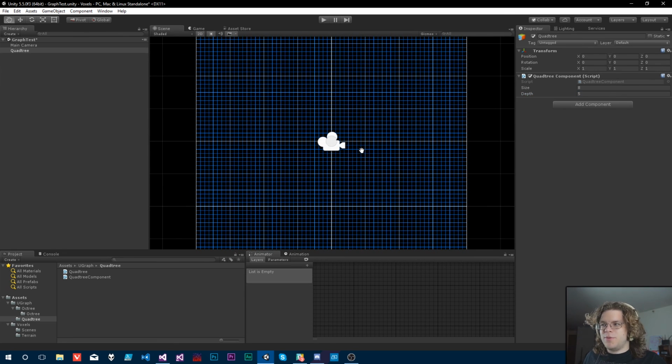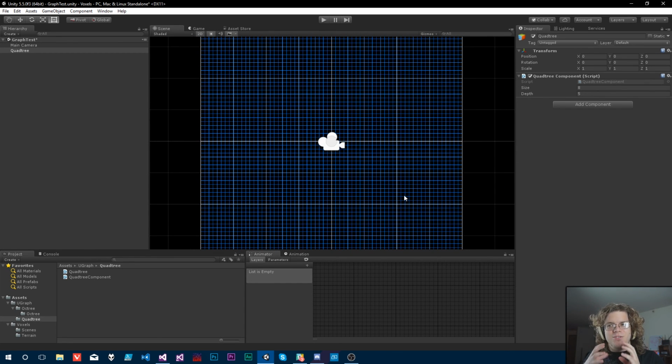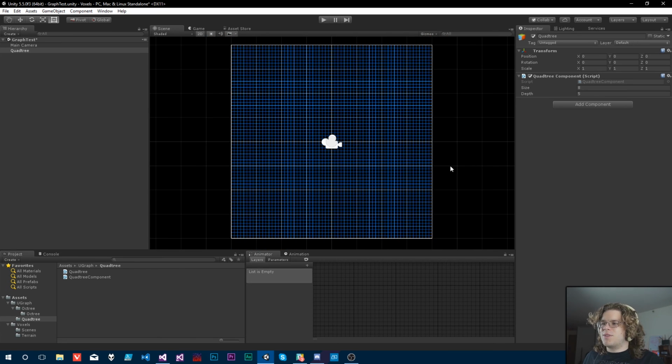So last video we got started and we started building a quad tree which is actually going to house our voxels. In this video what we're going to do is we're actually going to make it useful. So you can see we have a quad tree. It just looks like a grid, but it's actually a bunch of subdivided